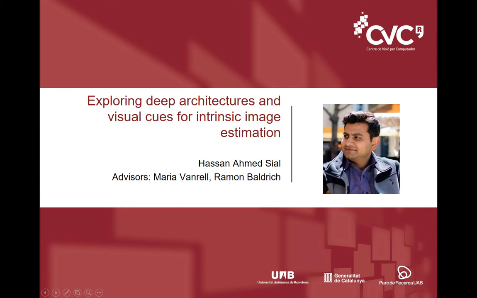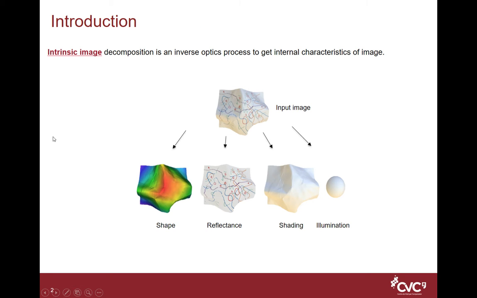I'm on topic of my PhD research is exploring deep architecture and visual cues for intrinsic image estimation. Intrinsic image estimation is an inverse operative process to get internal characteristics such as shape, reflectance, shading, and illumination from a single image. In our recent work, we've shown how intrinsic image estimation can be used to improve the performance